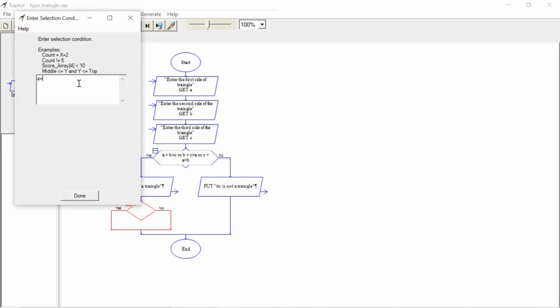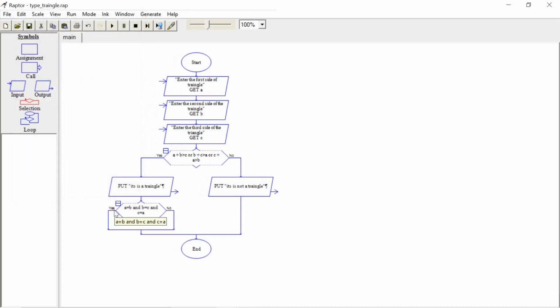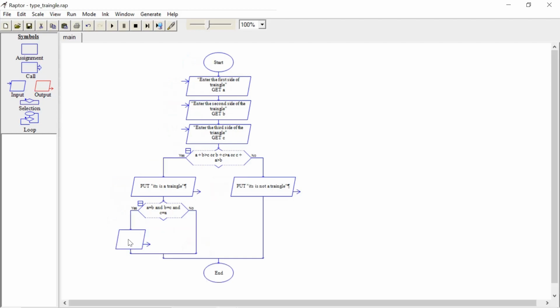If A equal to B and B equal to C and C equal to A, that means if three sides are equal. If yes, then it is an equilateral triangle. So we just drag and drop the output.